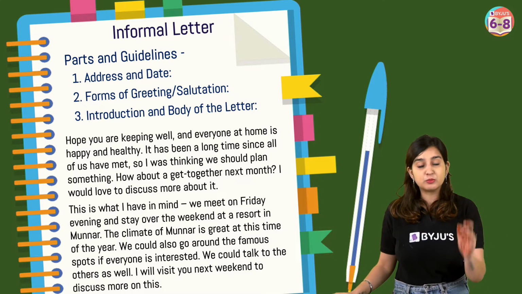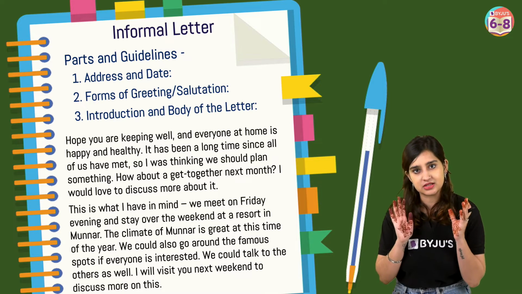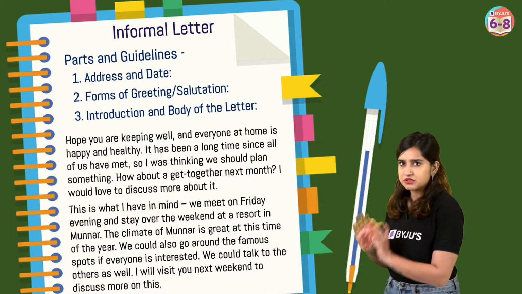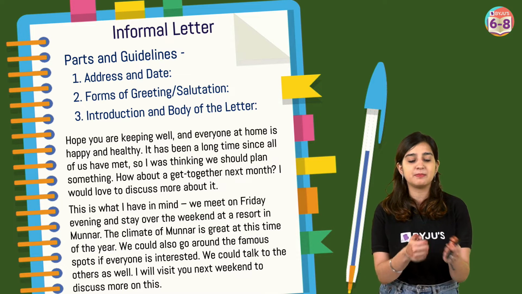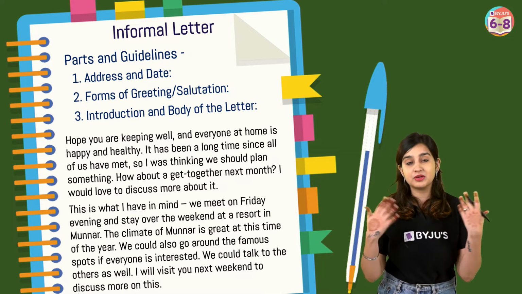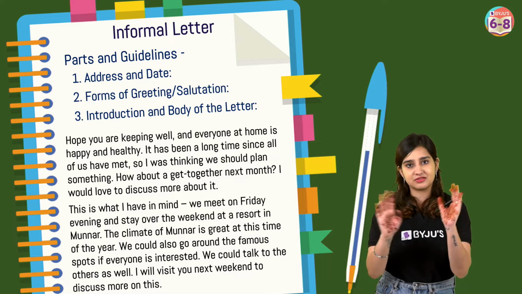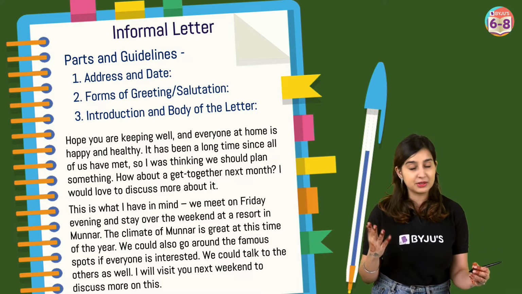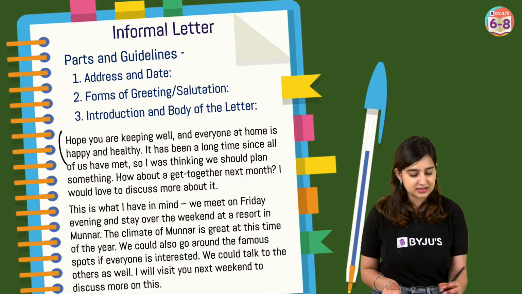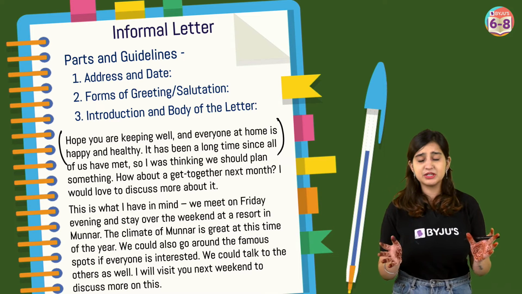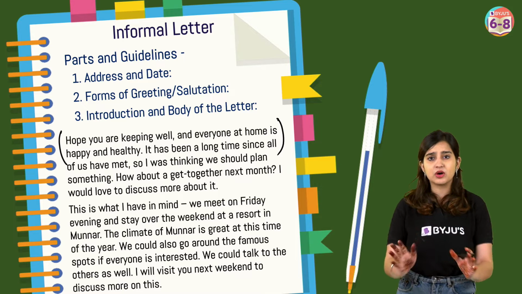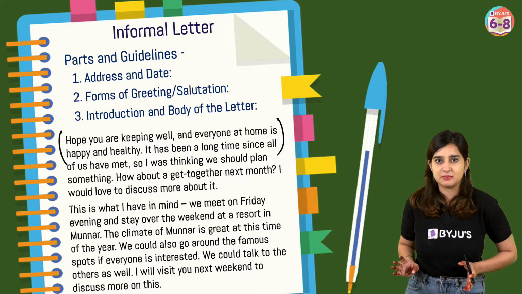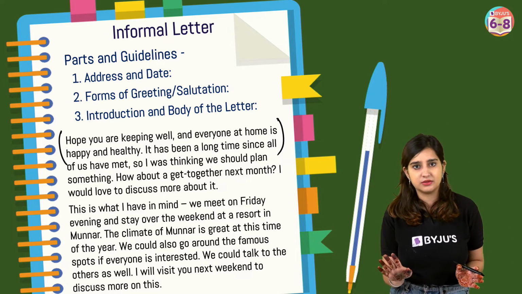So here, the objective of the letter was to plan a trip, okay? But when you want to write a letter to somebody, even if it's for a very specific objective, you cannot just randomly say, I'm planning a trip. You will first inquire if they are doing all right, everything is good at their house. So a safe way to start all your informal letters is to just ask if everybody is doing fine. So the first two lines: hope your health is fine, hope you've been keeping well, hope everybody else at home is also keeping well. That's something you can write in all informal letters.